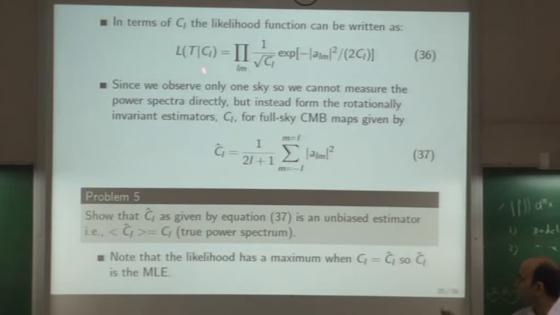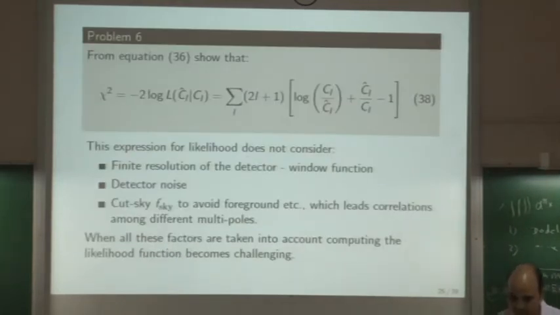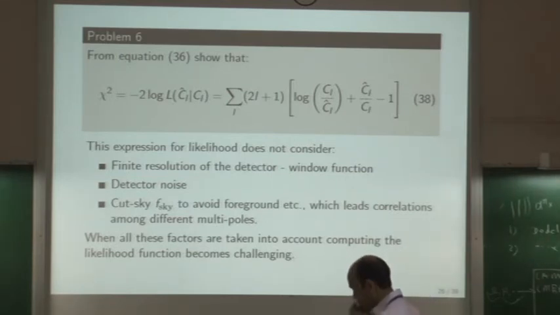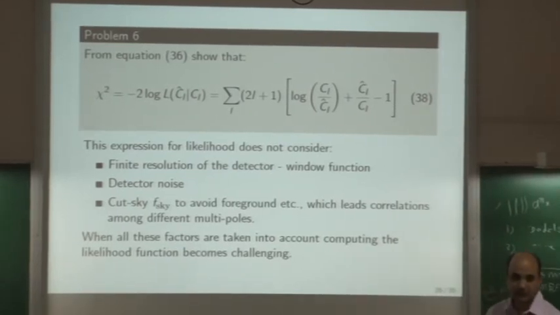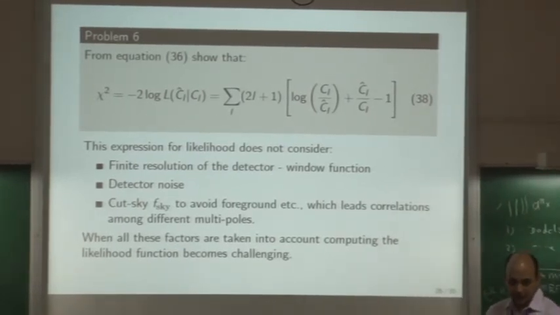You write a Gaussian, you take the log of it, and you get something like this. But there are complexities like the finite resolution of the detector, so it will get modified by many other factors like sensitivity and detector noise. There will be a cut sky due to our galaxy. And there are many point sources also, like stars and many other bright objects which spoil the CMB map. The CMB map we actually get from an instrument like WMAP is not what we actually see in the paper.